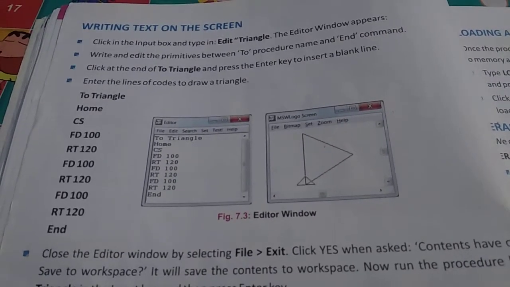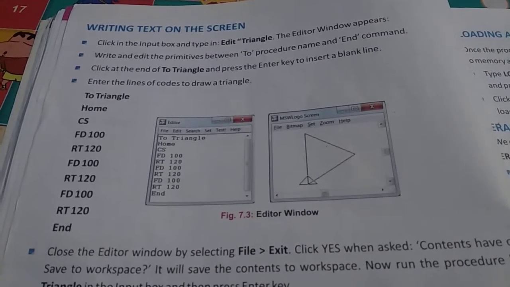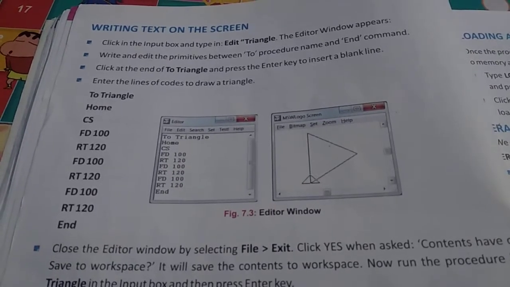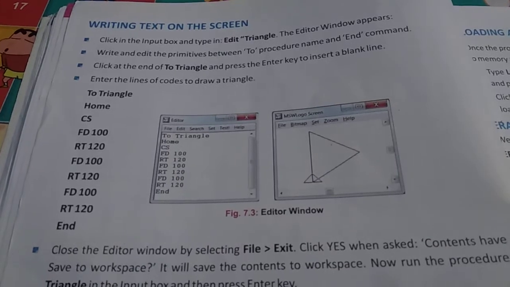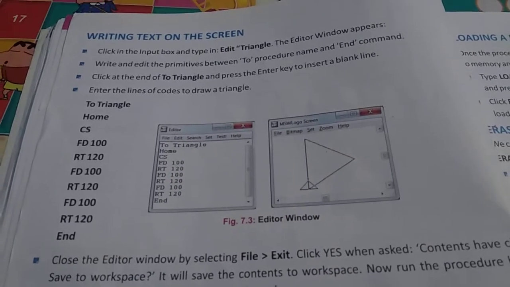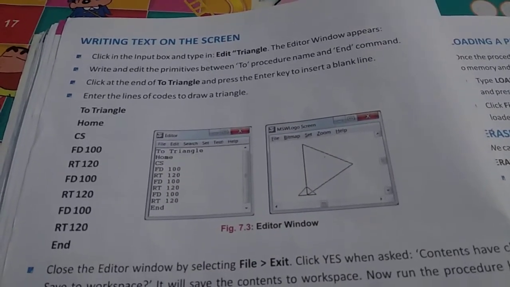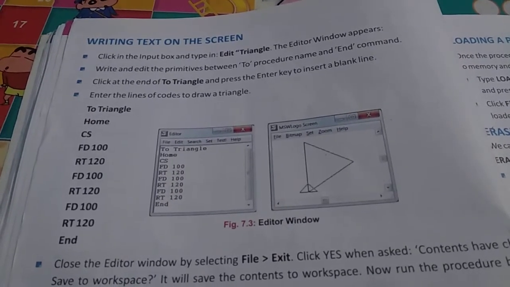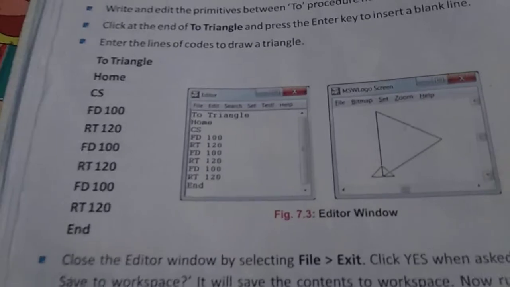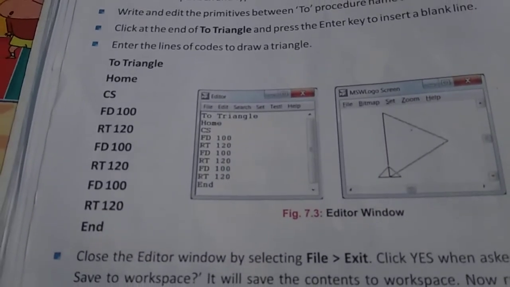Click at the end of to triangle and press the enter key to insert a blank line. Enter these lines of code to draw a triangle. Now what we will do, we are going to draw a triangle. See how we draw a triangle. Okay, so here you can see to triangle. To triangle is the name of the